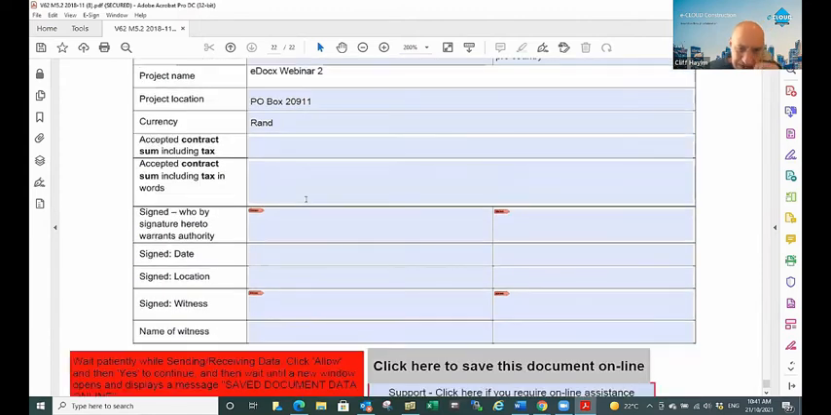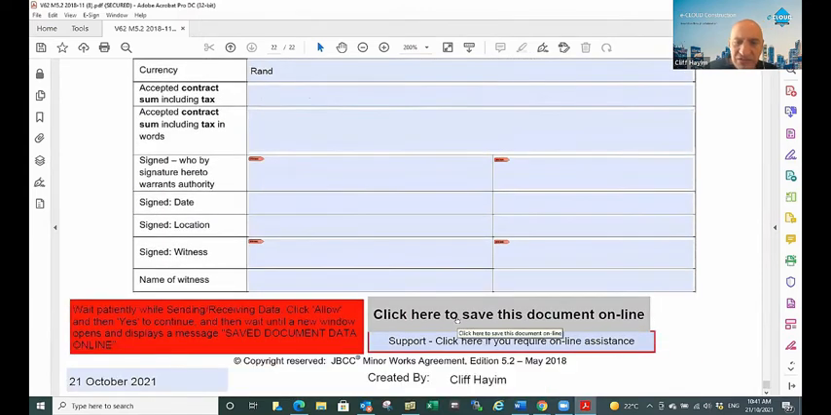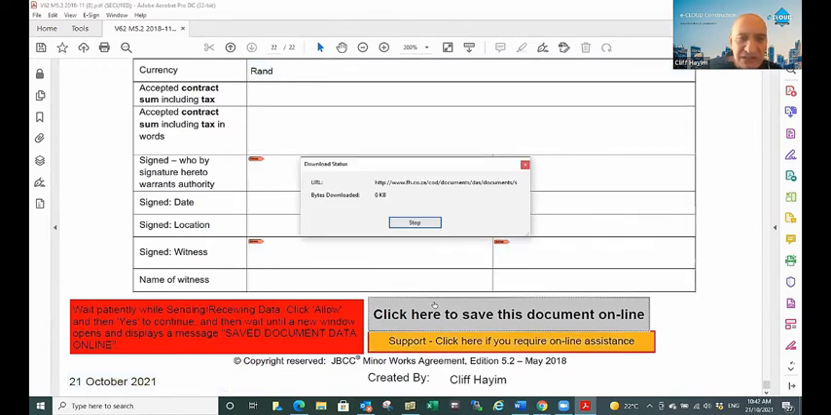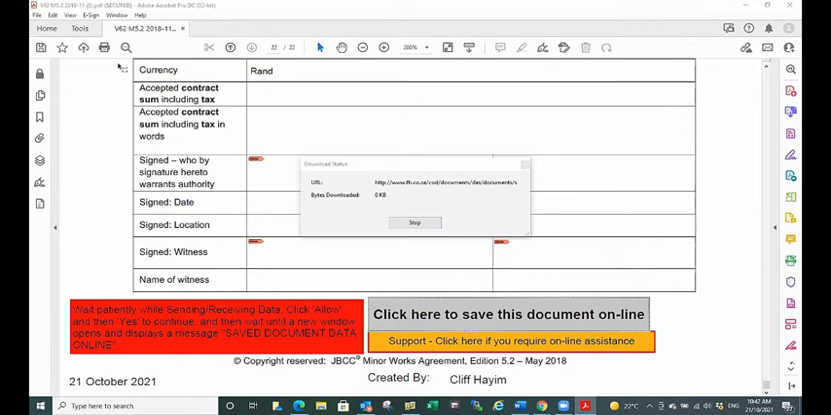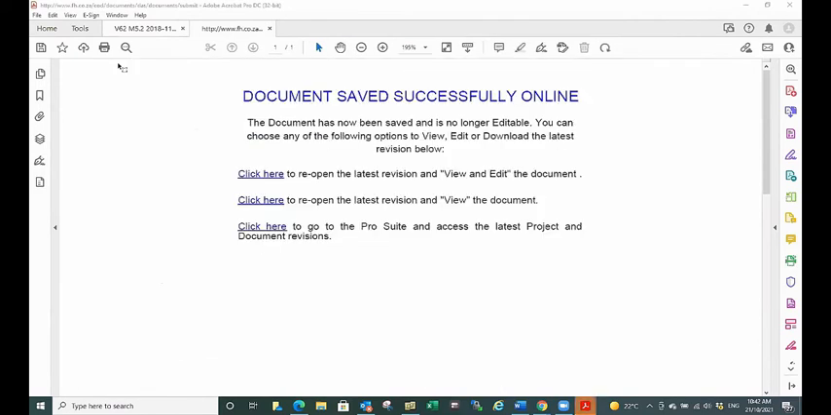And what we're going to do is we'll then say click here to save this document. Now that is now saving this document online, and it's saving into the cloud. So it says just wait patiently while sending, receiving. Click allow if it asks you, and yes to continue, and wait, and it tells you that now it has